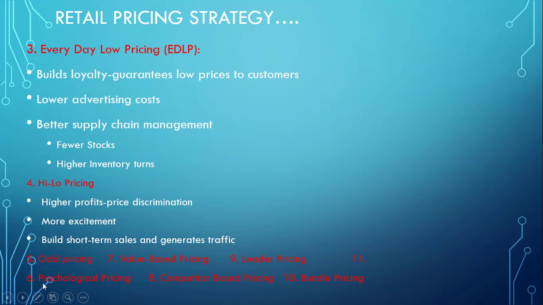So other prices includes odd pricing. We have psychological pricing. When you use odd pricing, it means you will use odd numbers to set your price. For instance, you might use 99 or 91 or 93 instead of using even numbers, so it is known as odd pricing. When you say psychological pricing, instead of charging $100, it is better to set your price as